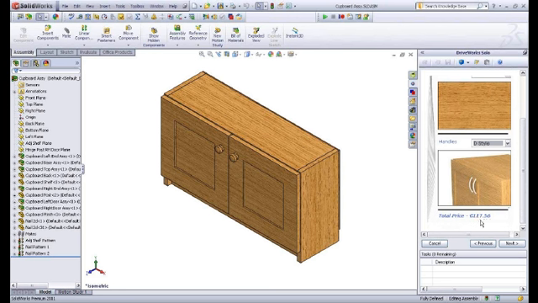Now, one of the strengths of Solo, if you want to have a look at it before you commit to anything, is that you can come back up to the top of the task pane and do a preview. What it will do is take the data we put in there and generate a variation of our cupboard, but only with temporary files. It won't commit anything, it won't physically create models that you have to then delete afterwards. They're just temporary files. So if I run a preview now,